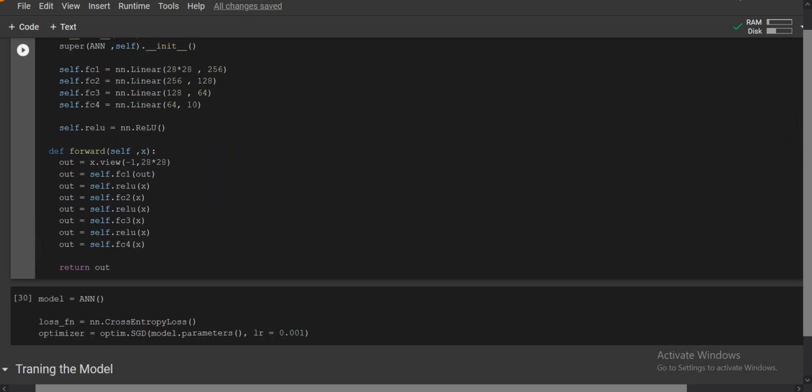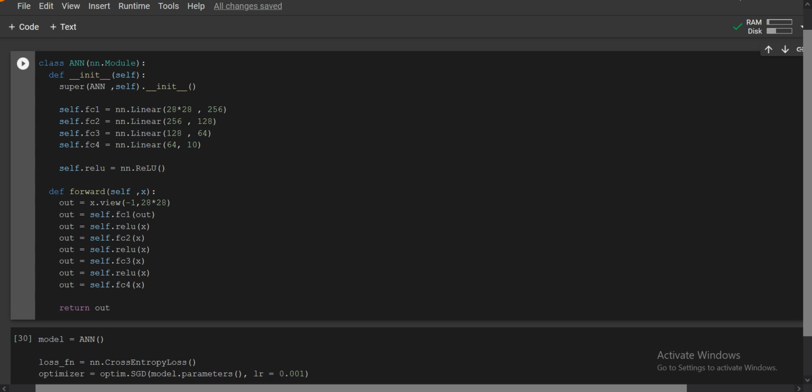Again there was an error. Oops, I passed everything wrongly. That was a silly mistake. I have to fix each and every step. It is similar for this, because it is just overwriting at each step. The first fully connected layer's output will be the input of the second fully connected layer, and so on. Okay, I think now it will not give us an error. So basically here, out equals the reshaped image.